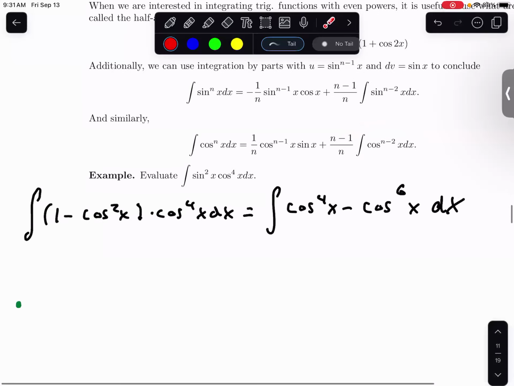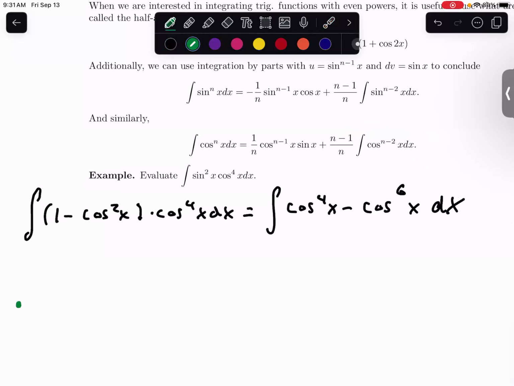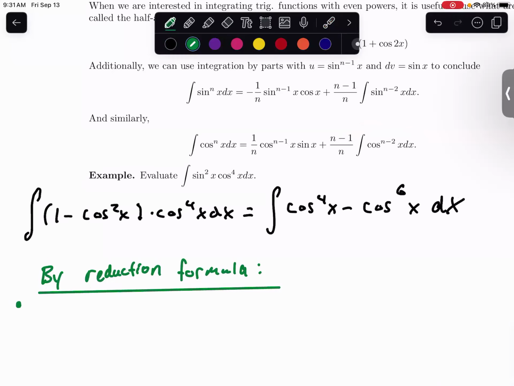And so I'm just going to write them all out right here for convenience. So by the reduction formula, we have the following. By this reduction formula, the integral of cosine to the 6th power of x dx, in this case our n is equal to 6, is going to be equal to 1 over 6